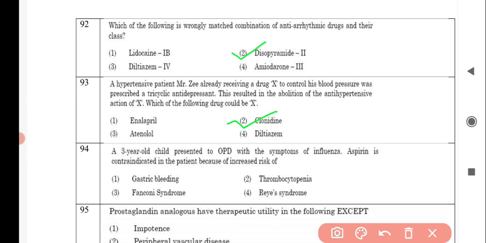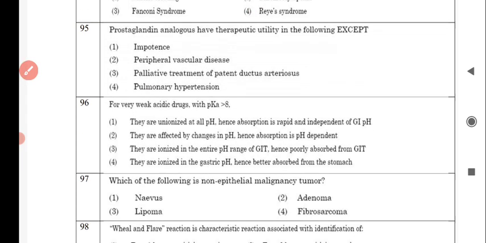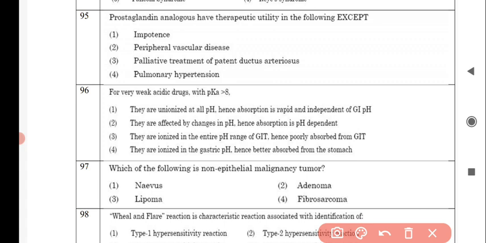Next question is a 3-year-old child presented to OPD with the symptoms of influenza. Aspirin is contraindicated in the patient because of increased risk of, and the correct answer is option number 4, Reye's syndrome. Next question is, prostaglandin analogs have therapeutic utility in the following except, and the correct answer is option number 3,